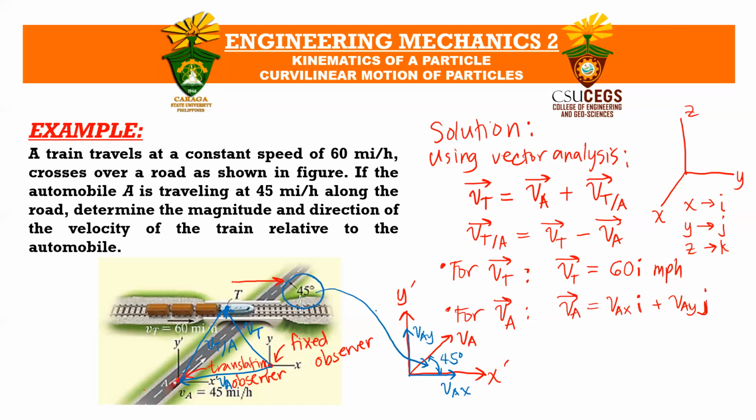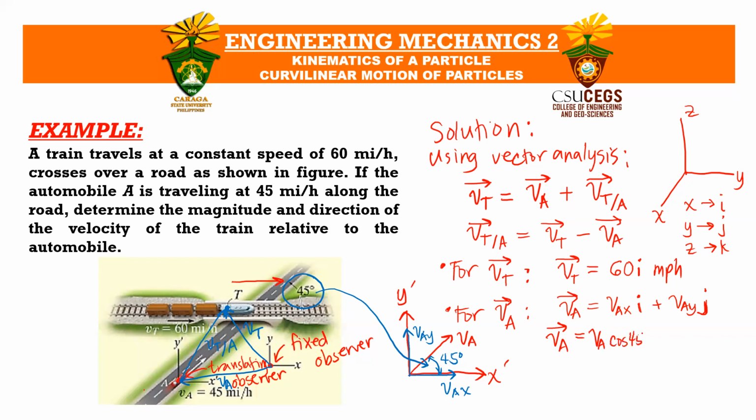So that's why that is 45 degrees. Your 45 degrees is from the horizontal axis, or your x-axis. So from that, the velocity vector form of your automobile would be equal to v_A